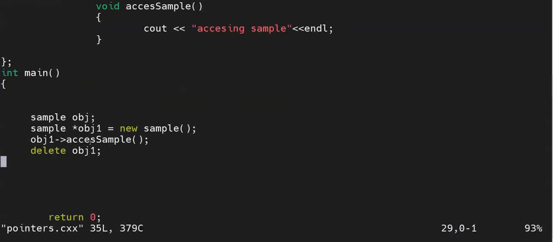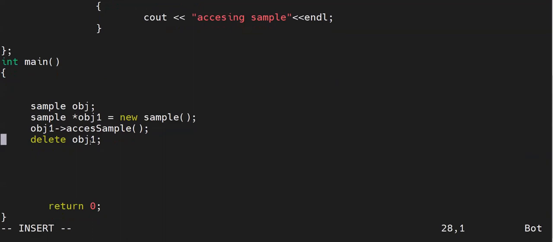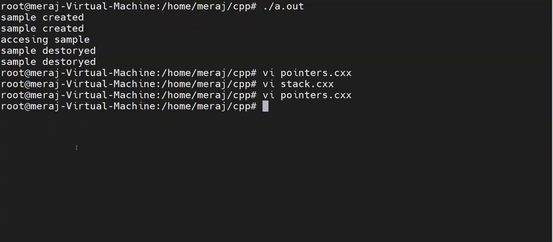Now a few more things you have to be careful about when working with pointers. Assume you have deleted your obj here, and you try to delete it again. Let's see what will happen if we try to delete it again.